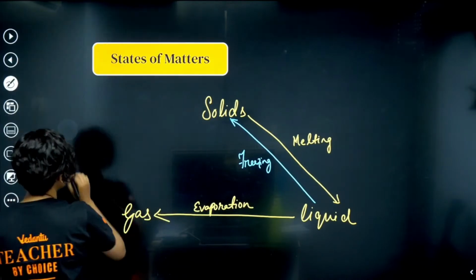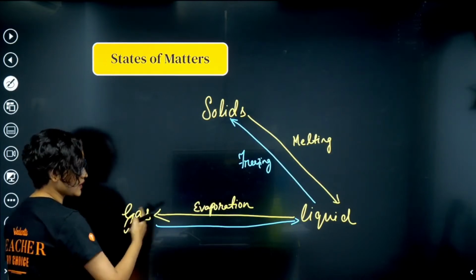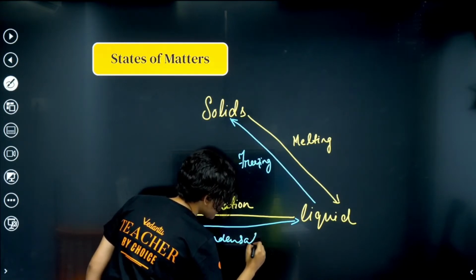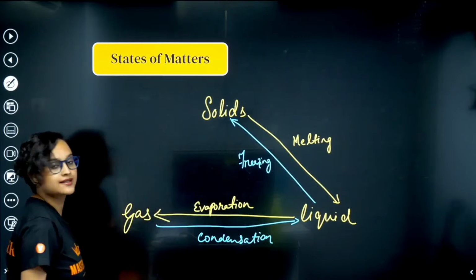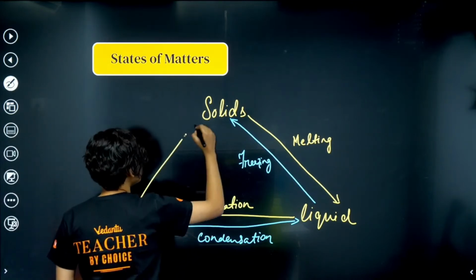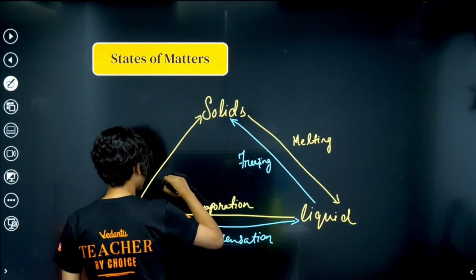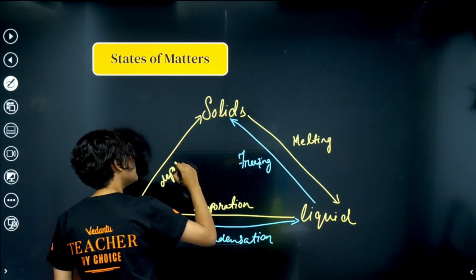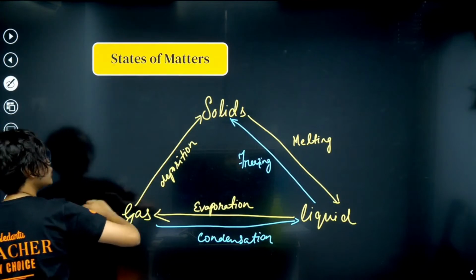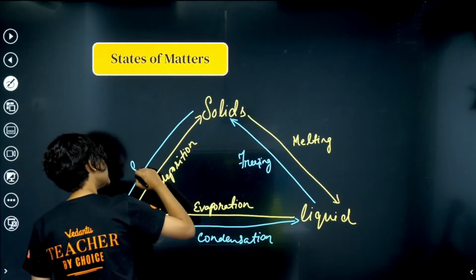Great. Now, here, if I want to convert gas to liquid, what do I do? Gas to liquid. Once again, very simple, very easy. Condensation. Condensation is something that we will do, right? Now, let's say that I want to convert gas to solid. This might be new for you, my dear student. Gas to solid, when I try to convert, we call this process deposition. Deposition, okay?